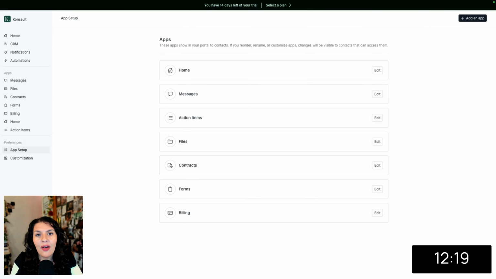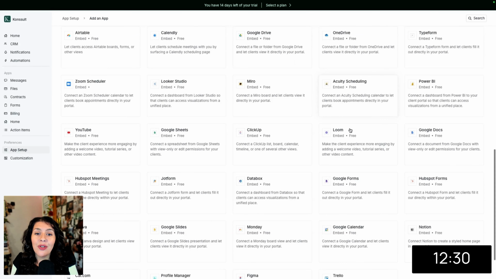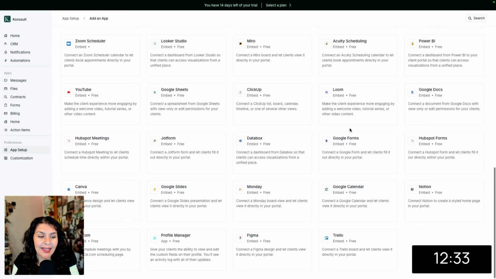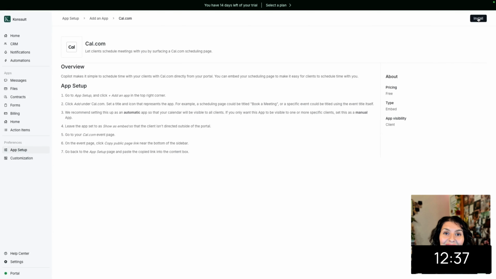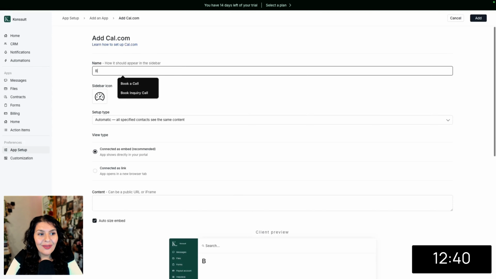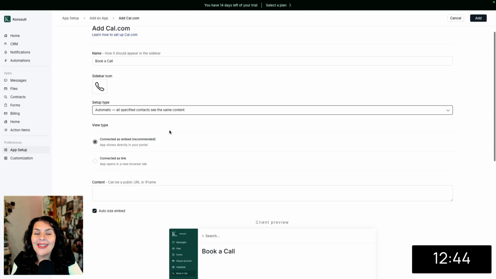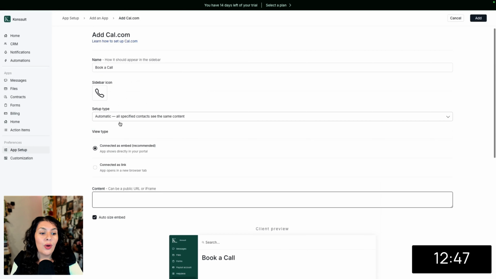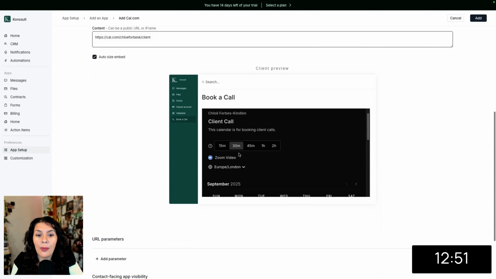I could launch right now, but there are a few extras I want to include in my client portal just to customize it. So under preferences and app setup, I'm going to click add an app and you can scroll down. You can see there's a number of apps you can include in here directly. I'm going to select cal.com as my first one, select install. We'll call this book a call, give it an icon. We're going to select automatic so all clients see the same content. We're going to connect as an embed, and all I'm going to do is paste my cal.com URL in there